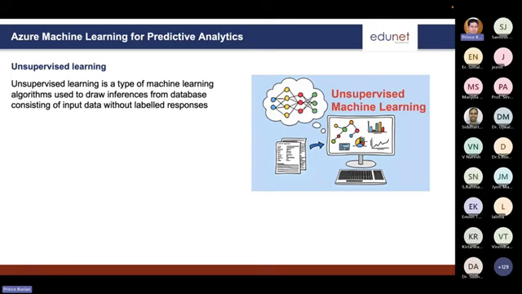We are not giving any instruction. We are not saying this is this thing and this is this thing. We are not giving anything, but the machine itself can learn and classify the things. For a simple example,